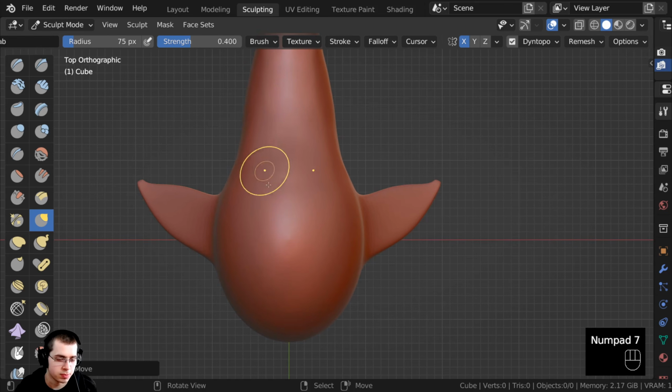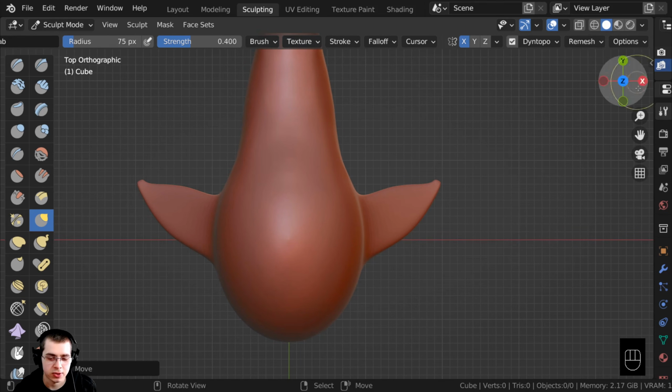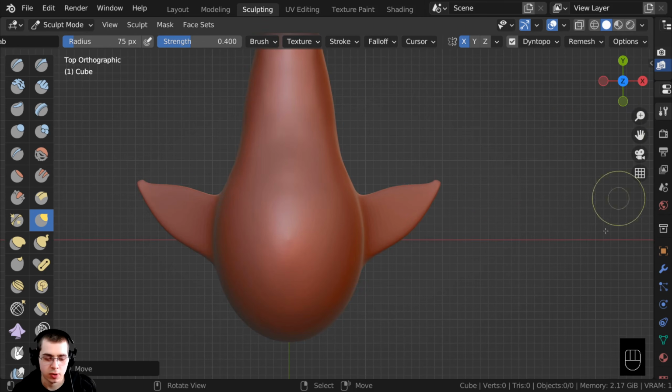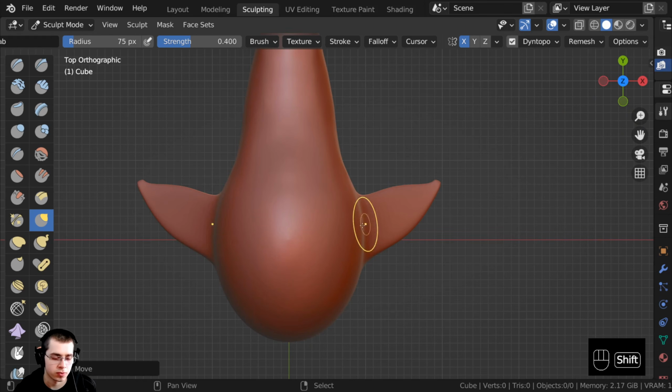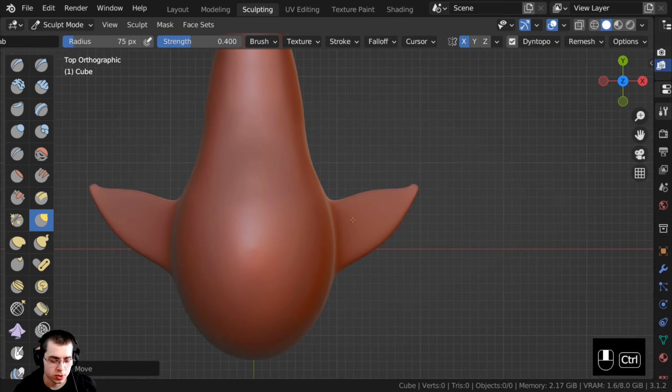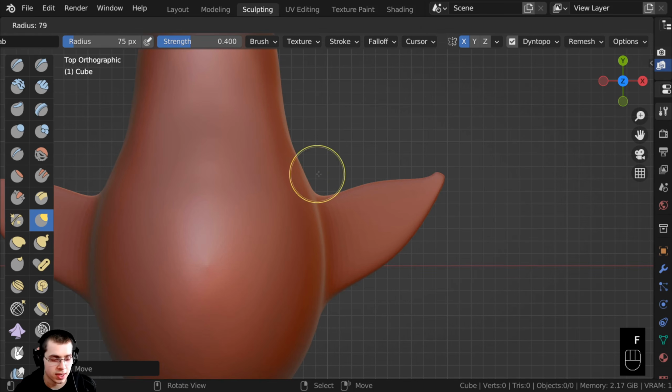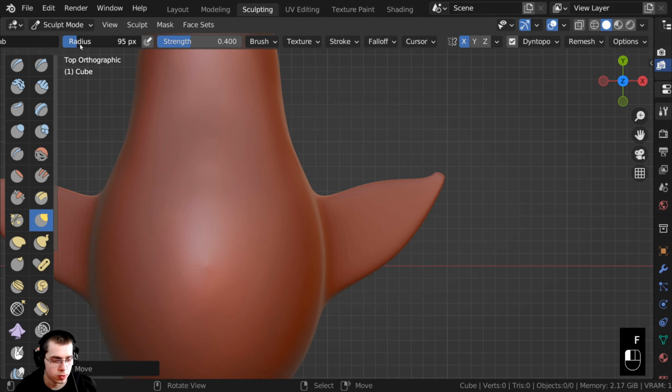And actually the gizmo might be helpful for this. So I'm going to click on this button right here, and that'll turn the gizmo on. And that way I can just click on one of these things if I want to go right up to the orthographic top view or the orthographic side view or front view. So I'm now going to zoom in there, and I'm going to make sure I am using the grab brush. And I will also press the F key to make my brush bigger or just turn the radius up. So I'm going to grab this and pull it over here,